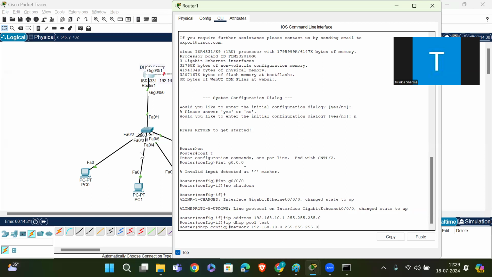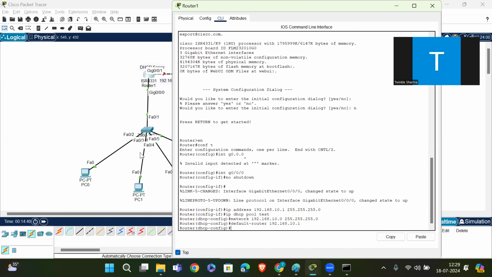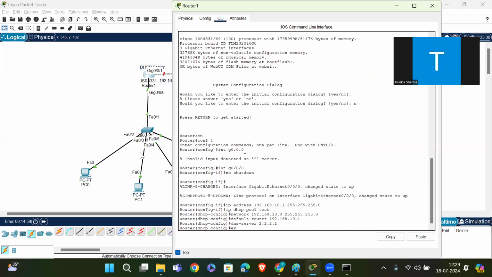Then we have to assign the default router 192.168.10.1 and the DNS server 2.2.2.2. Done. Then we exit.